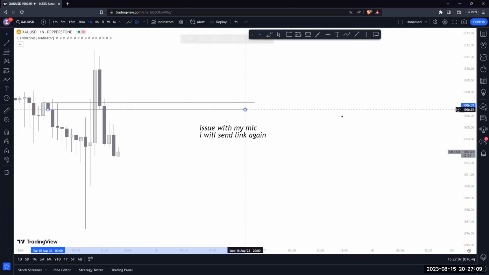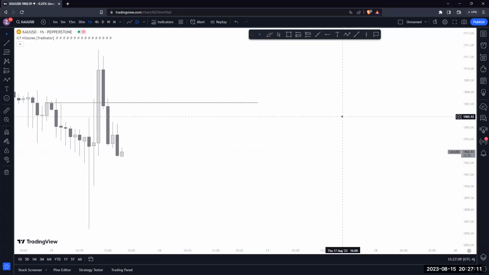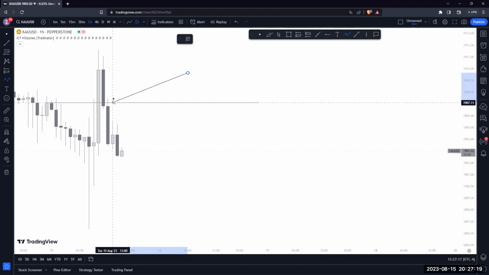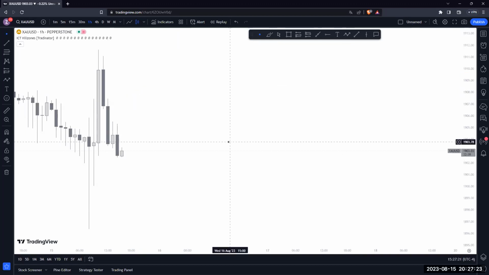Is it fresh or unfresh? Unfresh. Why? Because the last price action that went through it is a wick. Yeah. Okay, very, very nice. Now, once you understand if a level is fresh or unfresh, the next thing you should